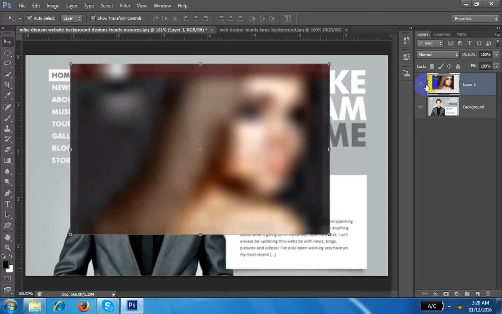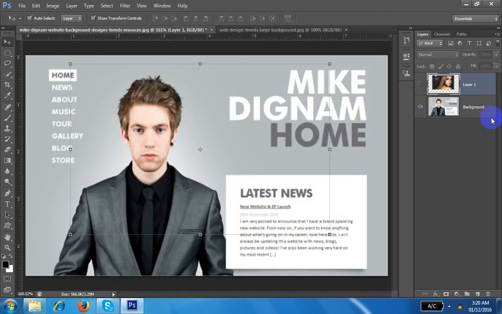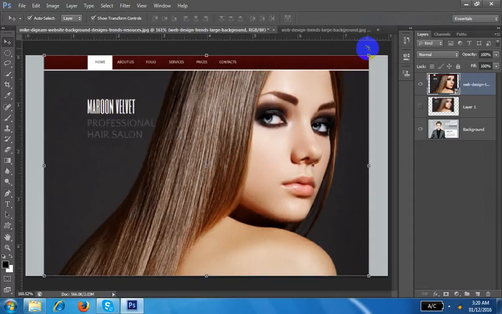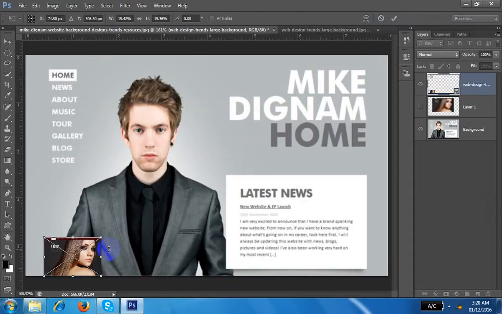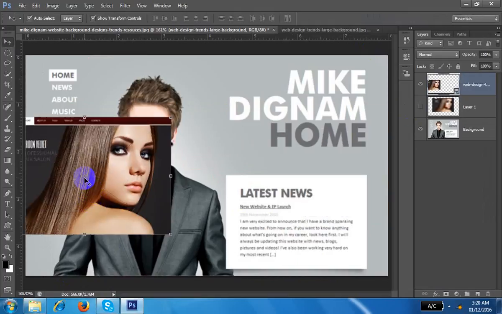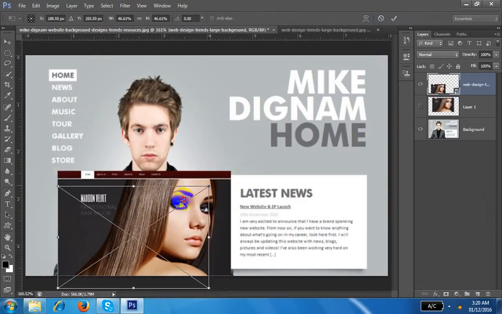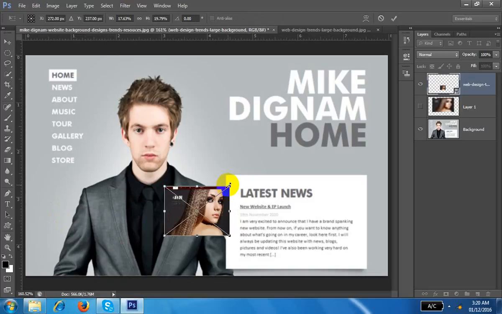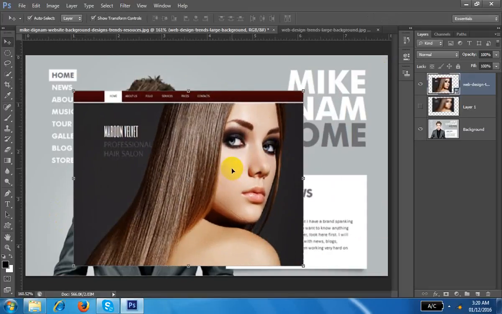But I will do a different thing. I can hide this object for some time. Now I can place any image, the same image. I can make it smaller, I can drag it, I can keep it here, I can again drag it, I can make it very small, then I can again drag it, then I can rotate it, I can do a lot of things with an image. And I want to see, is there any problem in the image? I can increase it, there is no problem. Understand why we use a smart object?